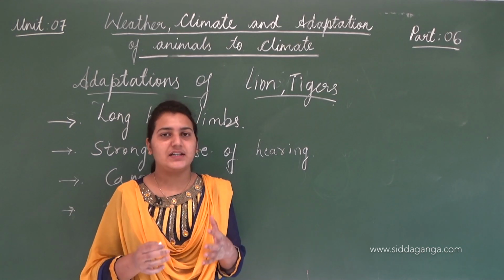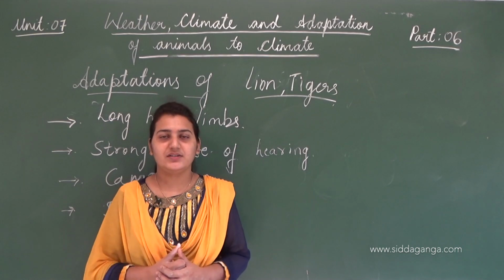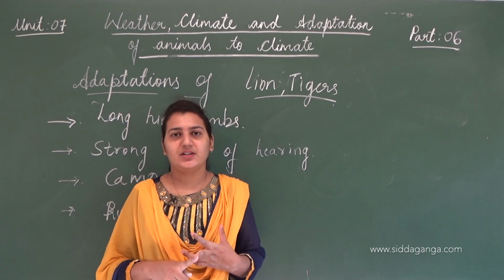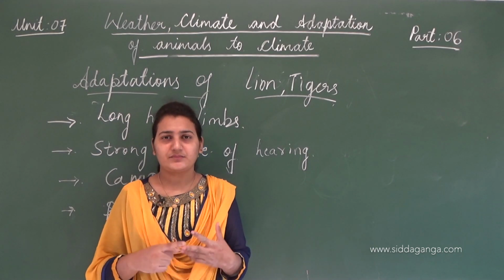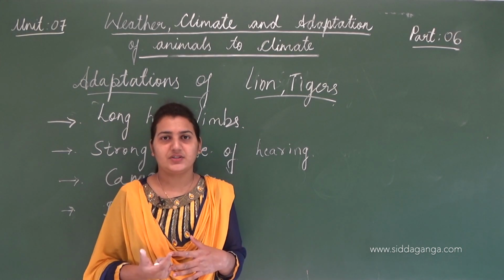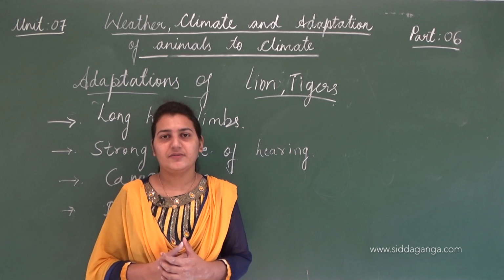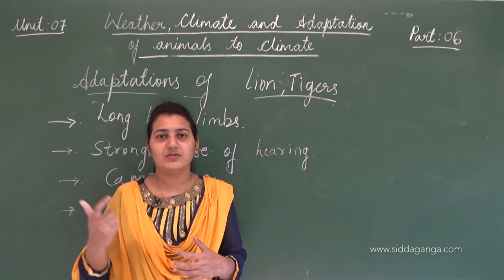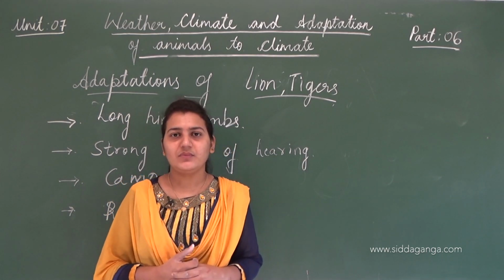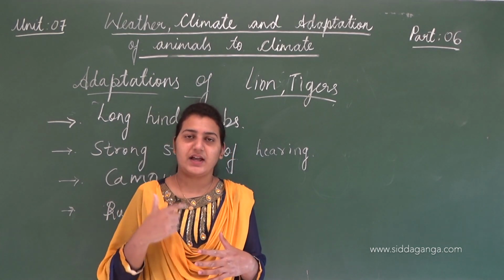And after that we have seen the adaptations of different animals to the different climatic conditions they survive in. We have seen the polar region, the animals living in the polar region, that is polar bears and penguins. We have also seen animals living in water, that is the fishes, the aquatic animals. They have different body adjustments and different body behaviors. Not only physically, there is a change in behavior also. Not only in these colder regions, even animals living in dry conditions have different adaptations.